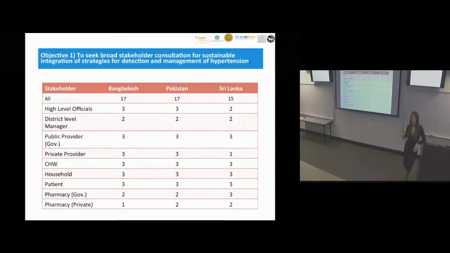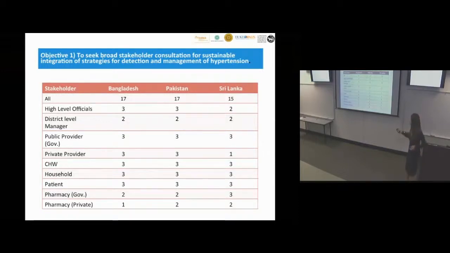And then questions about, and I'll come back to that when we talk about what components are included, compensation. Are you giving any extra compensation for the services? We don't believe in extra compensation, how are you packaging that? So I think we got some very useful suggestions from the high-level officials, but overall, it was a very useful exercise to sensitize them, to get them on site, to get the buy-in, and to get their commitment, political commitment from them, which I think we got from all three countries.